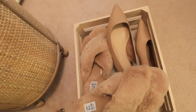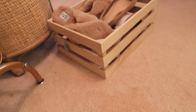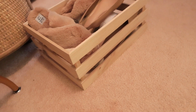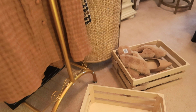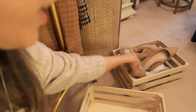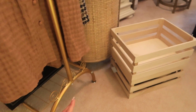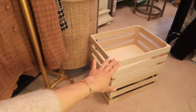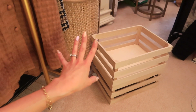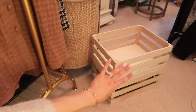And by accident I've just found the perfect home for my slippers, and it's this crate. This is absolutely the cutest storage solution I have ever bought. This would also be a super great option if you're limited on space, just like we are, and you wanted to stack your baskets. Look at that. You can stack them and make a tower of these farmhouse baskets. In fact, I feel like now I need to get another 4 because I have so many bits and pieces that would just look so much more tidy if they were hidden away